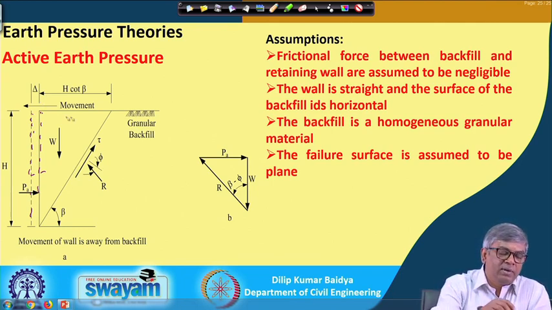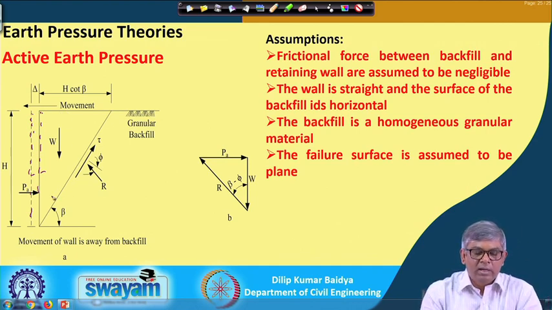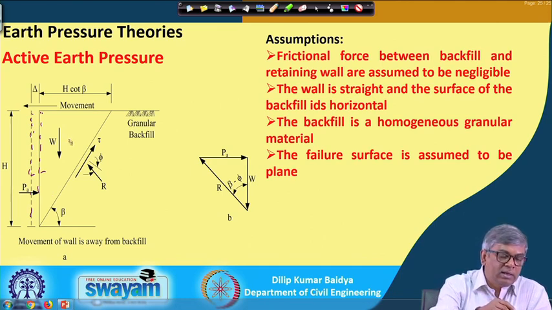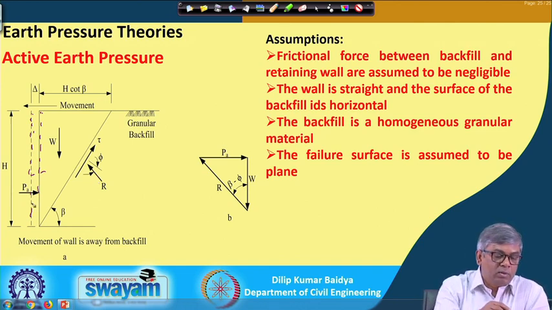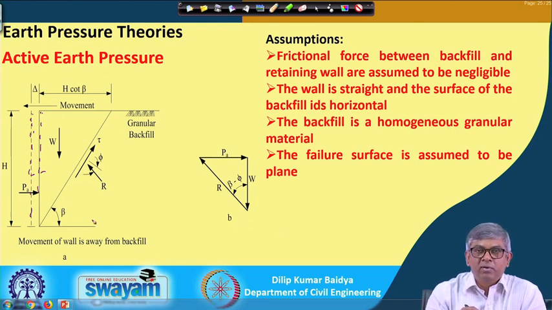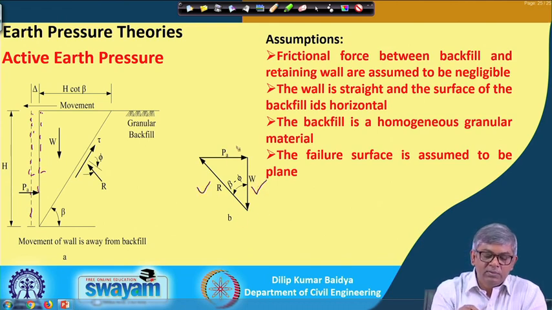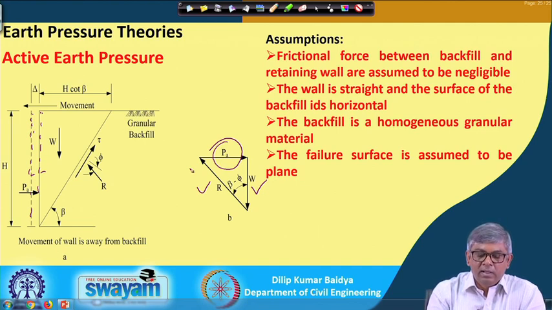If it moves, then I can find some soil wedge that will move, and because of this there are a number of forces acting: W here, and along this failure plane there will be tau and the reaction, with inclination of phi, and on this side of course the active force P A. If I draw all those forces in the form of a force polygon, it will come like this: the reaction will be here, W will be here, and if I complete this one, the P A will be this one. And while doing this, what assumptions did we make?